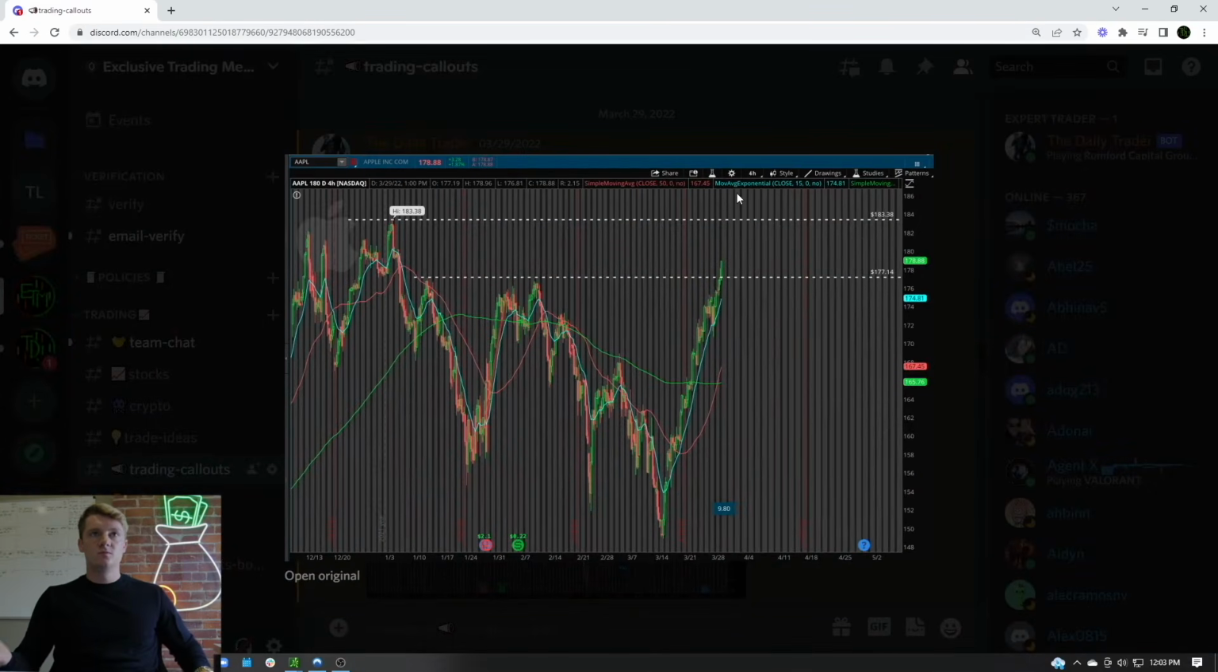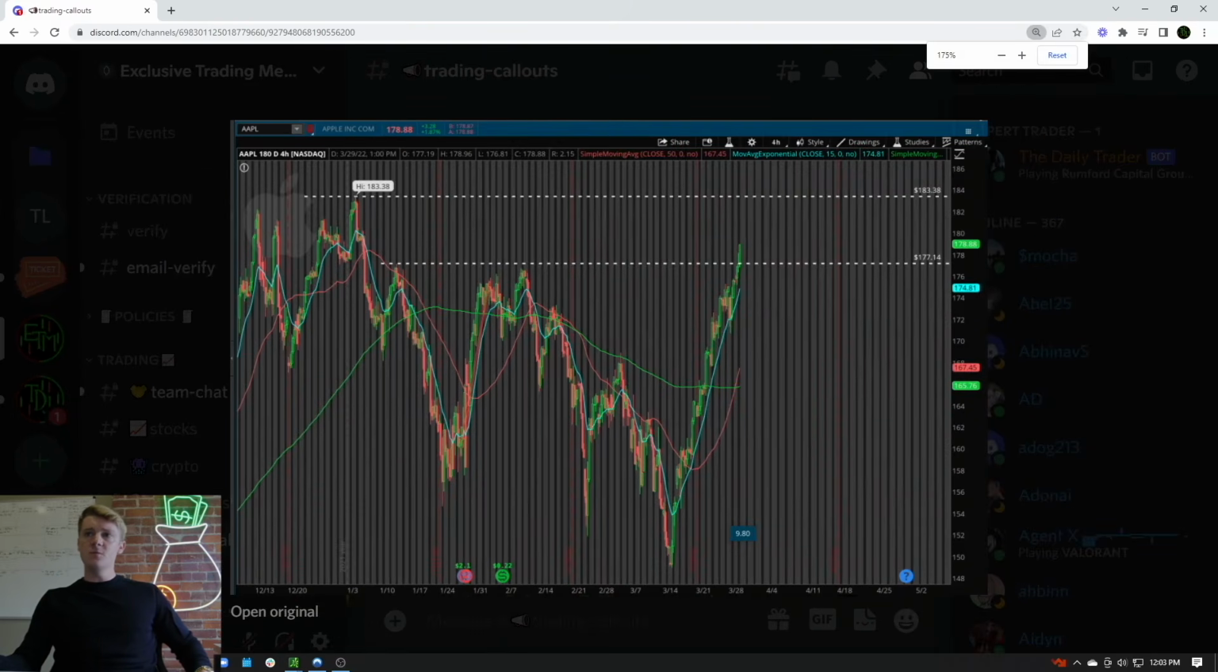So Apple, sorry that the resolution's bad. This was a screenshot. I can try to crop in a bit here. But you can see Apple, okay? We started running up toward that high at 183.38. Now, what I could have done, and what most people probably were waiting to do, was wait for a test of this resistance level, okay? Because we broke out of 177.14, right? Broke through resistance,